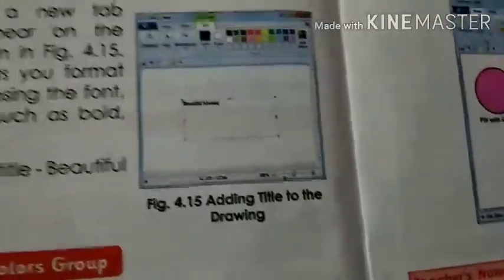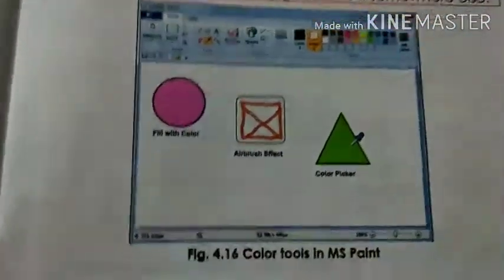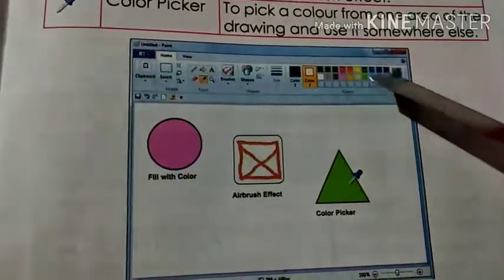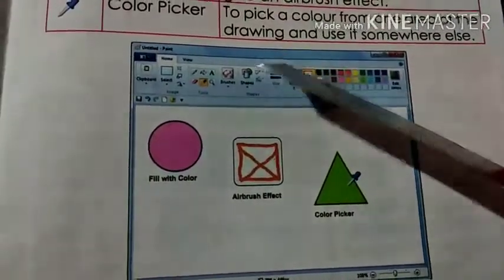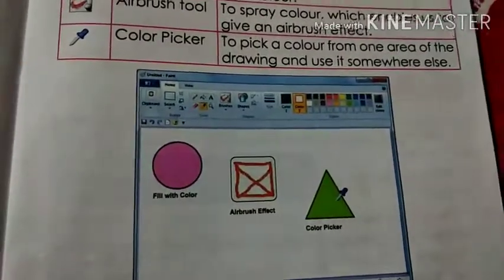Again I want to show you on home page. Okay, here you can see in figure 4.16, all the colors are available here. Okay, this is the color palette which helps you to color the drawings.